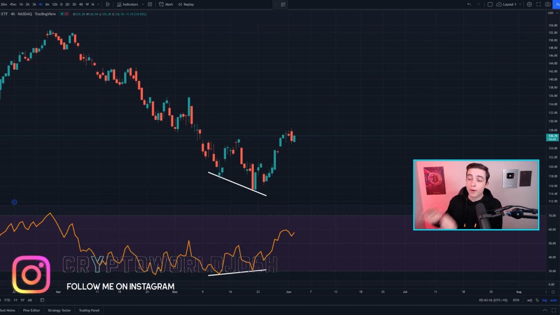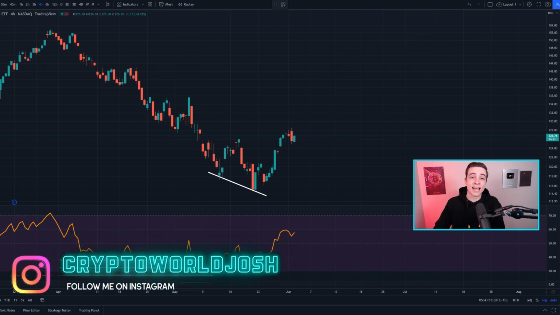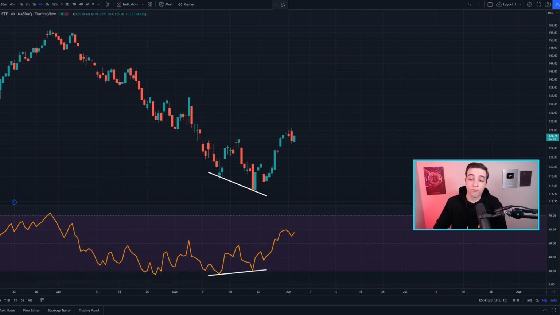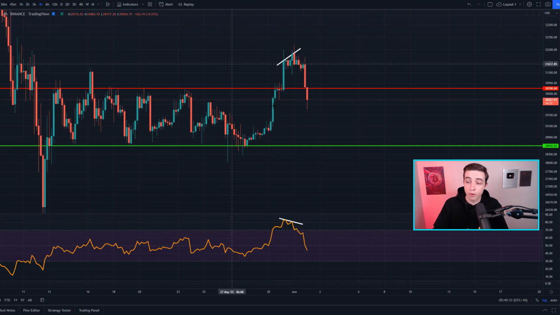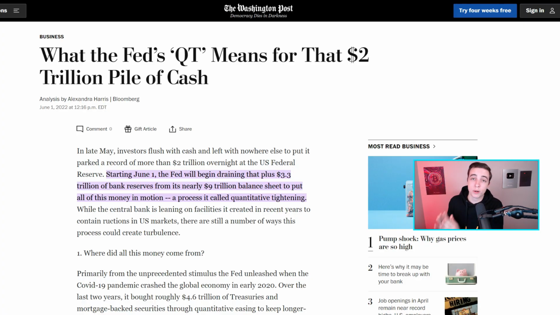Now, looking at the US stock market today, this right here is the Nasdaq 100 index on the 4-hour time frame, and the stock market has started off today with a small sell-off, and since then we've seen a small bounce back. So overall, on the daily time frame for the Nasdaq 100 index, we haven't seen a lot of action in the stock market today. But one of the reasons that potentially promoted that small sell-off in the stock market earlier in the trading day, which also spooked crypto prices in the shorter term, was the fact that the Federal Reserve has now begun quantitative